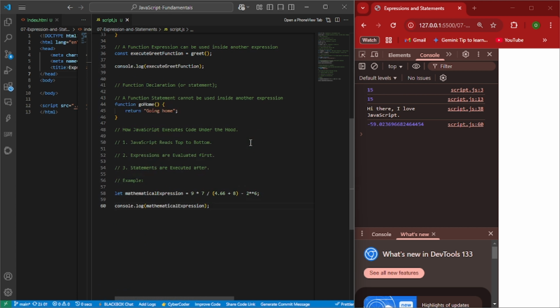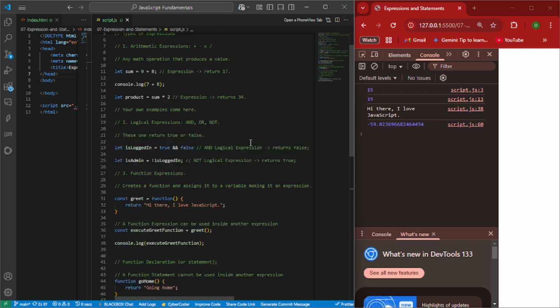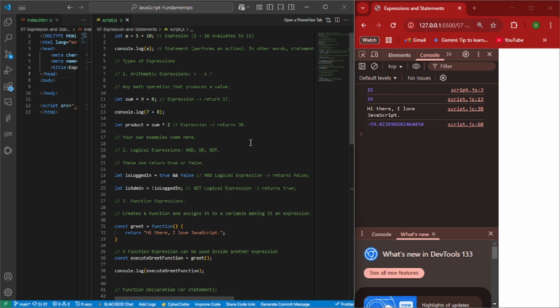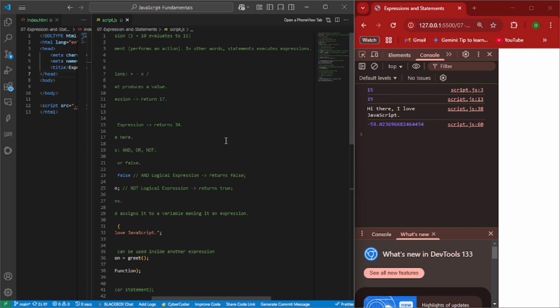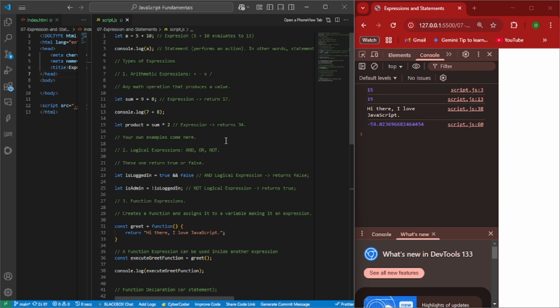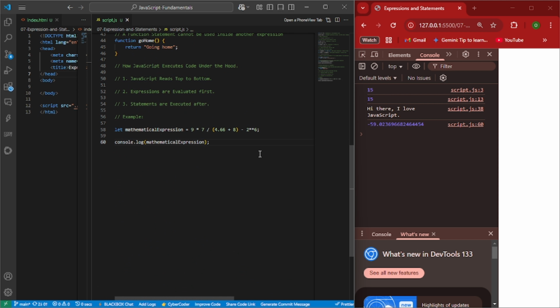That JavaScript runs your code from top to bottom sequentially. Expressions are evaluated before statements. Statements are executed after because they rely on the expression. The value that we're going to execute is the expression, right? So expressions return values, statements execute expressions. They perform an action. So let's look at some common pitfalls, and then let's look at a real world example